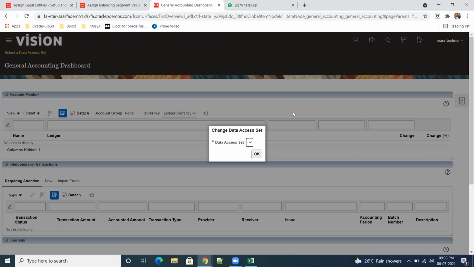See, there are security context values we have. One is business unit, inventory organization, reference data set, and data access set. Like that, there are multiple. But data access set will correlate to the ledger. Inventory organization is correlated to inventory. Business unit is BU. For some transactions, the security context is the BU. For some transactions, we need an inventory. Especially for postings and ledger recordings, all those things will be general ledger.